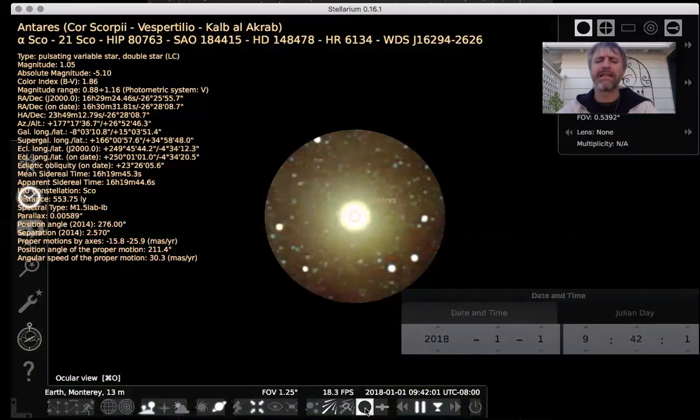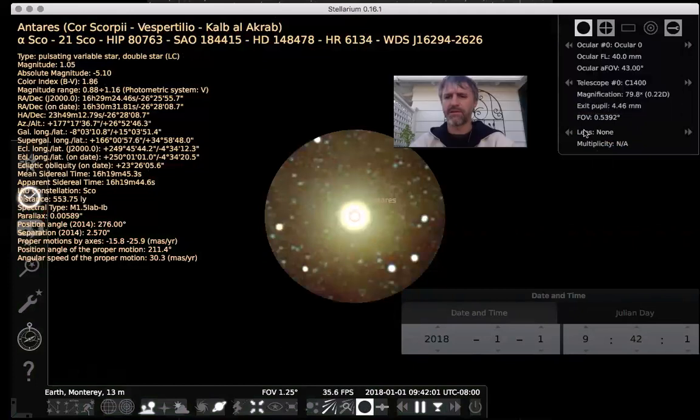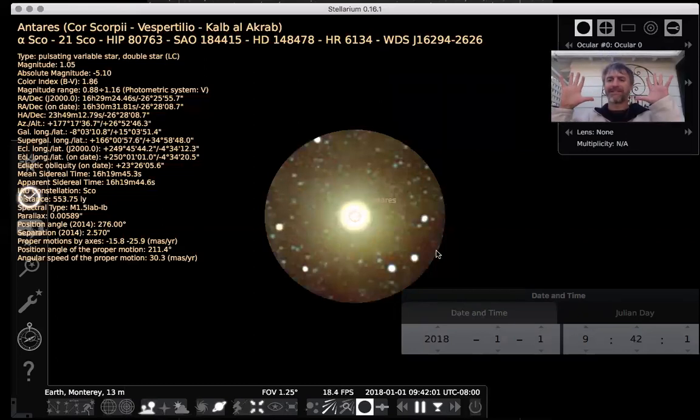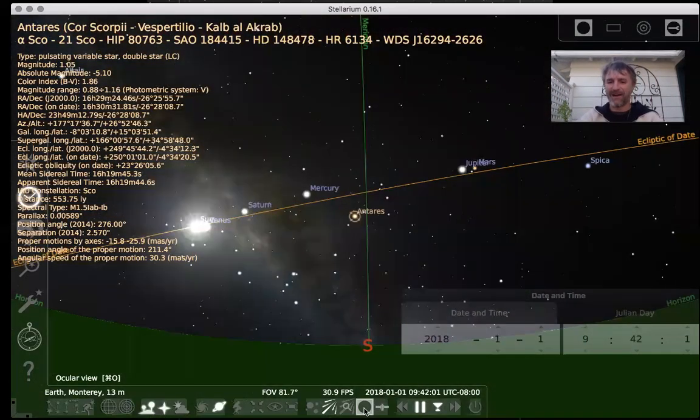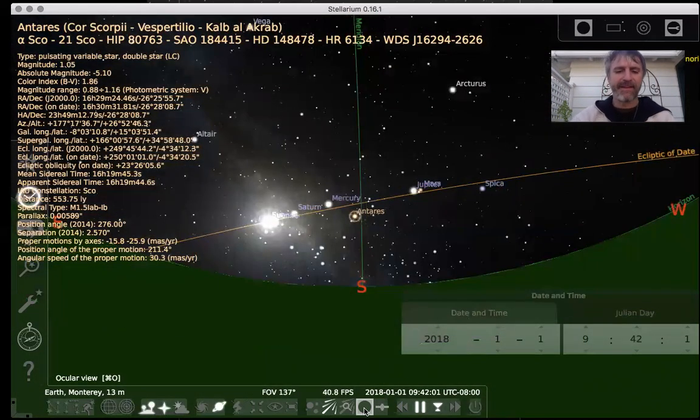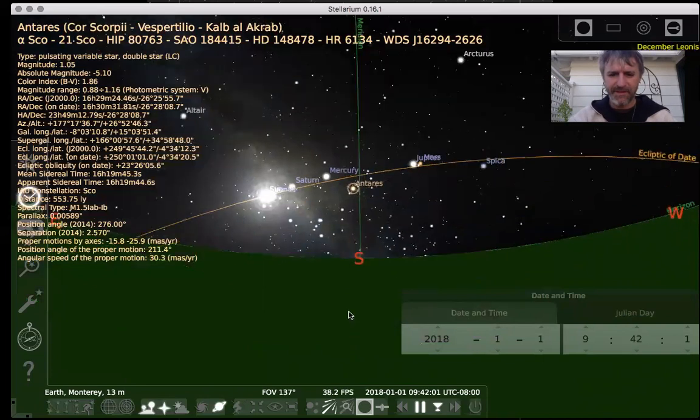And Stellarium, I believe, can be used to help control a computerized driver for an actual telescope. And so some of those features are built in here that we won't use. I mean, like I'm seeing over here, I can change different lenses and things. We're just not going to deal with that telescope business, but you might want to look into that. I'm more interested in the big view. So I'm going to get out of ocular view here, and we're back on Earth, which is great. Though somehow the ground got